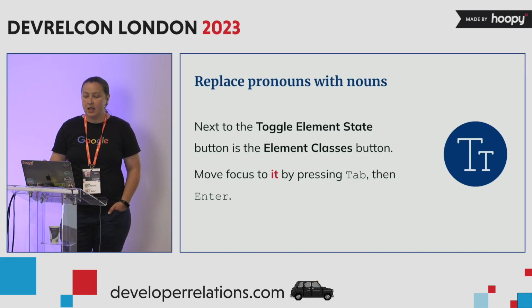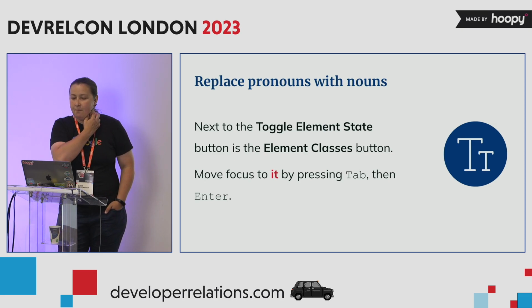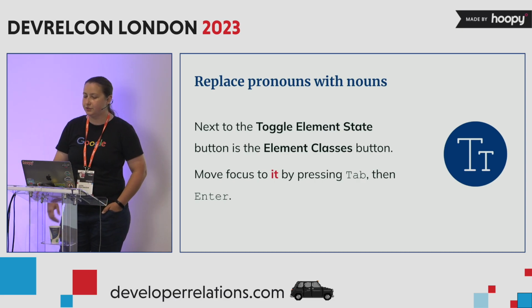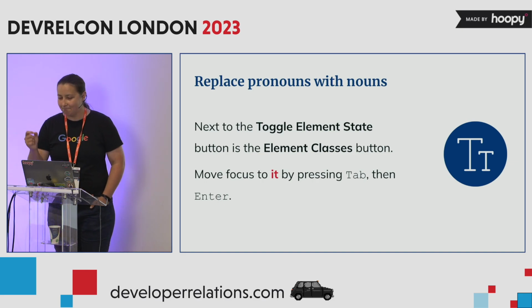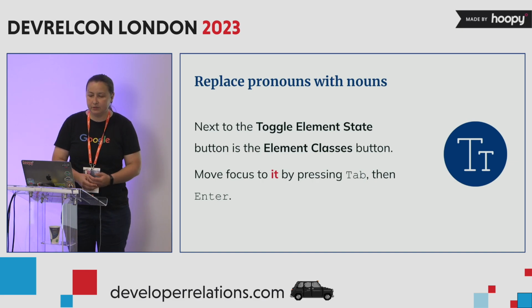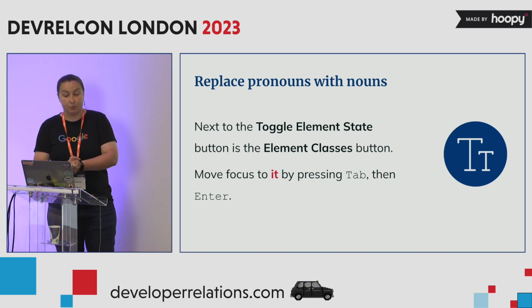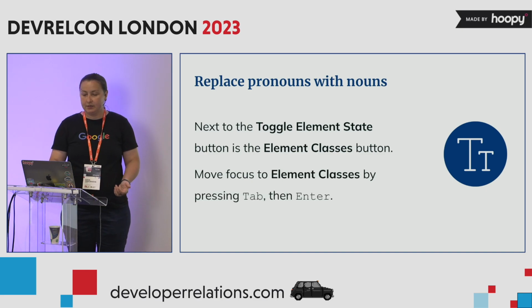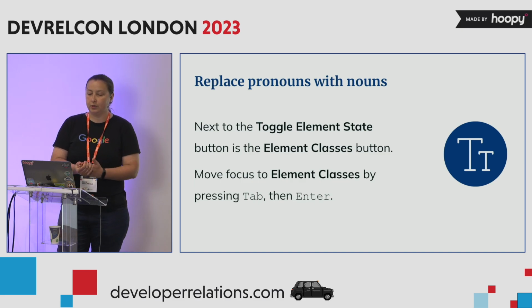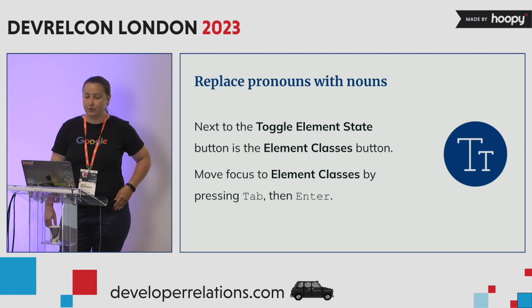Here's an example that could be improved by clarifying the pronoun. So there are 2 buttons. Which one am I supposed to move focus to? The "it" in the sentence may be confusing. You may have been able to guess that from context, but maybe not. So by replacing "it" with the button name, the reader can be sure to know what the author means. This is especially important when it comes to explaining how to navigate complex interfaces.